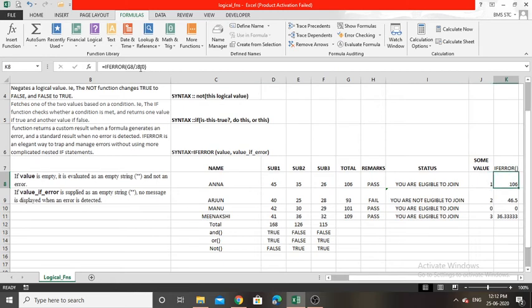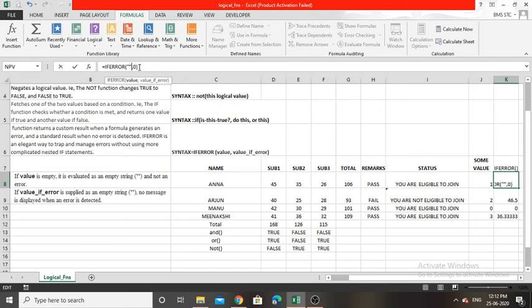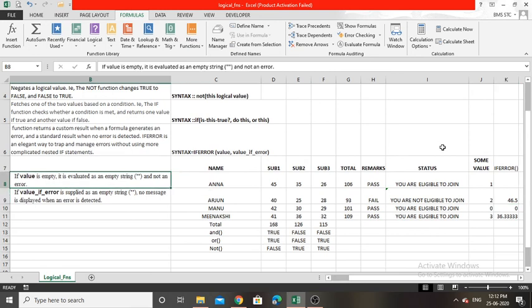So if my first argument was empty, then it will not generate an error, but an empty string will be evaluated. That is what the first point describes. If we omit the first argument of IFERROR, it will not generate any error, but instead it will generate an empty string.